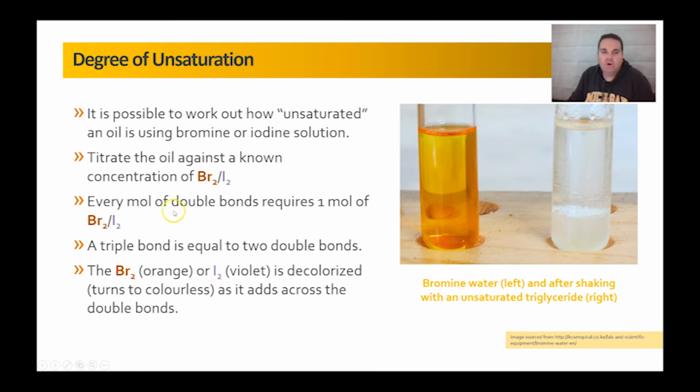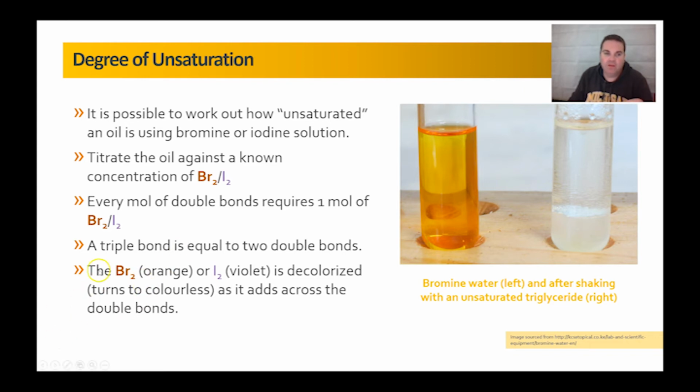Now I've got here every mole of double bonds requires 1 mole of bromine or iodine, so that's not just like one double bond requires a mole of bromine. You've got to think about it in terms of a mole of the molecule. A double bond will require 1 mole of bromine. So you can easily work out the degree of unsaturation by how many moles of bromine you add via